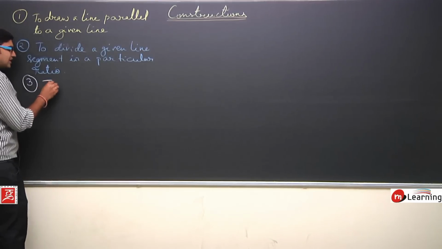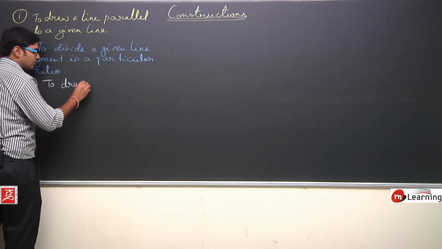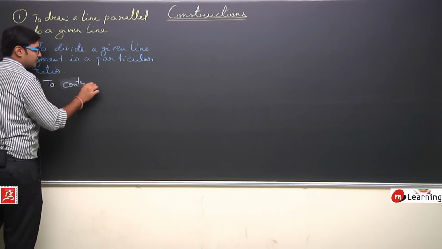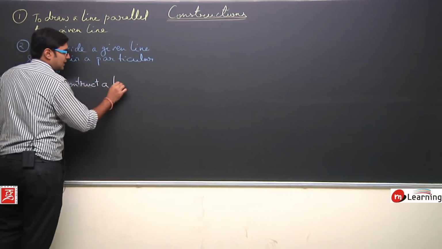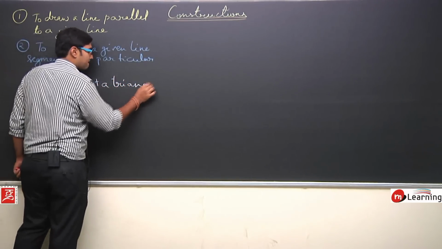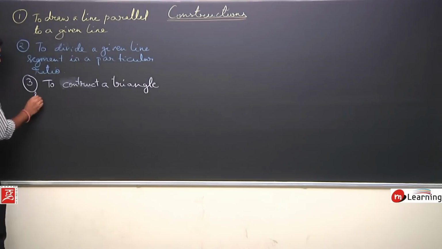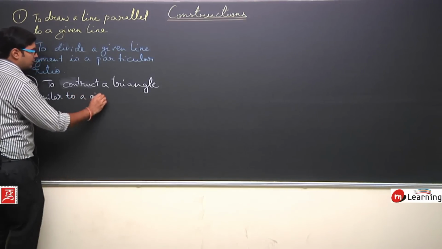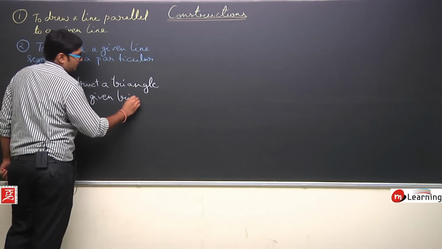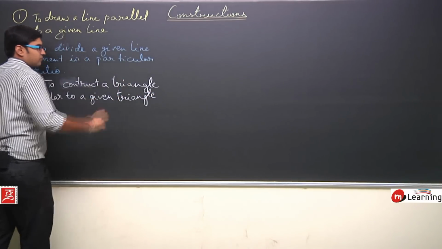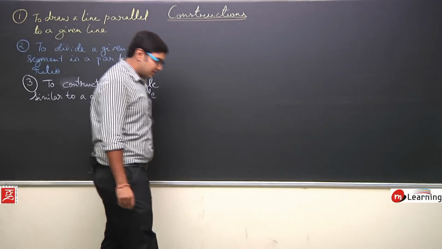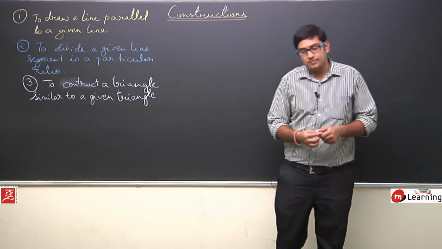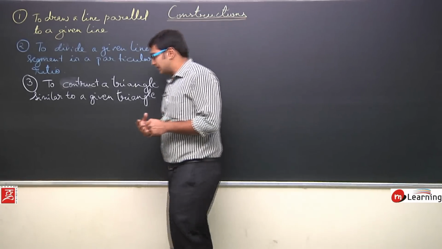is to construct, construct एक better word है, so construct a triangle similar to a given triangle. इस चैप्टर में हम ये सीखेंगे कि किस तरह से एक गिवन ट्रायंगल के सिमिलर एक और ट्रायंगल हम कंस्ट्रक्ट कर सकते हैं. और खास बात,